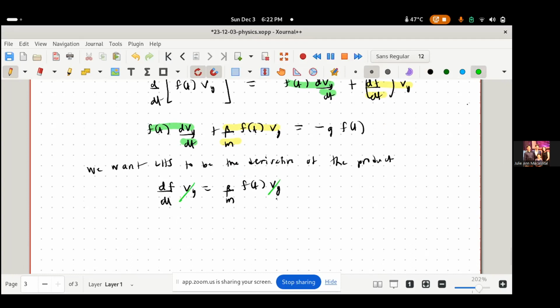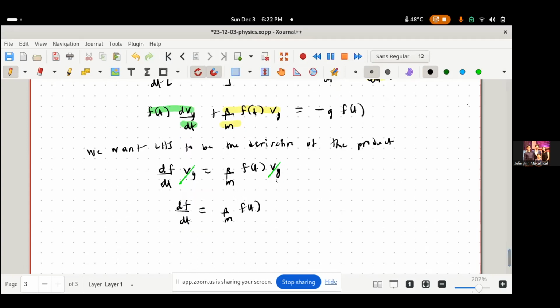And then we're going to get this differential equation. df dt is equal to beta over m times f of t. So, ang importante lang kasi, para masulat natin sa product, it's important to just find a function that satisfies the condition. So, we're going to integrate